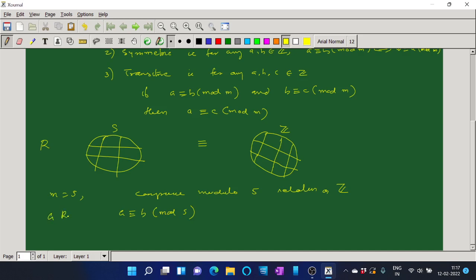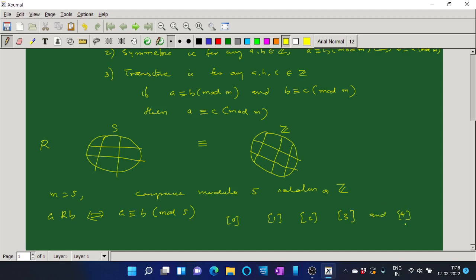We say a is related to b if and only if a is congruent to b mod 5. Now this congruence relation on the set of integers will generate disjoint subsets of Z in such a way that they are represented by [0], [1], [2], [3] and [4],